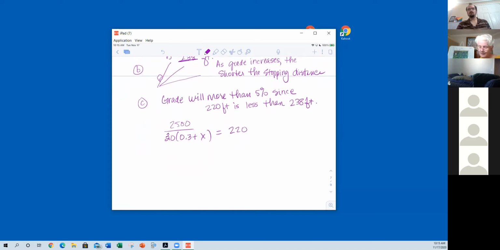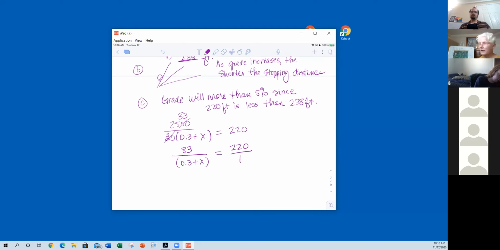I can divide 2,500 by 30, but since it says estimate, I'm not going to be exactly precise. 2,500 divided by 30 is about 83. Actually 83 and a third, but I'm just going to leave it 83 over 0.3 plus x